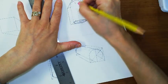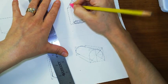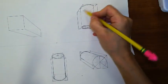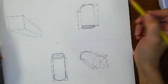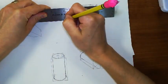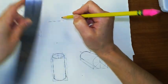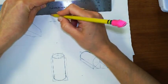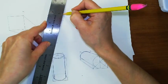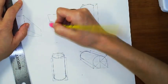Now I want my cylinder to look realistic. To erase what we do not need for that cylinder to look realistic. All right, we need to do the same thing on this one. I'm going to go ahead and show you how to do a cone. Now I'm going to put in the horizontal edge first, and then I kind of want to, let me just put in the back edge and then I'll figure this out. So then go to the vanishing point to be higher up than that. Okay, so this is the base